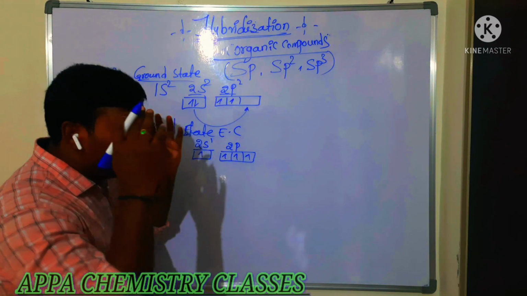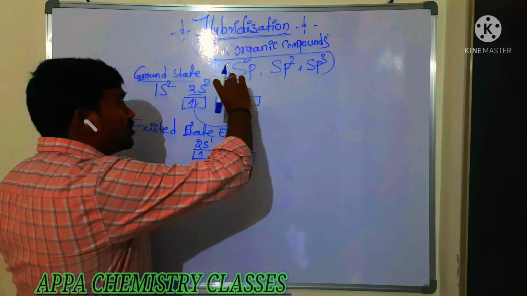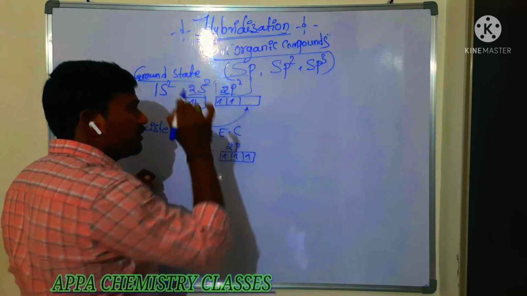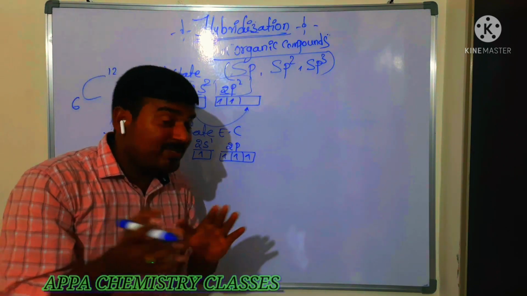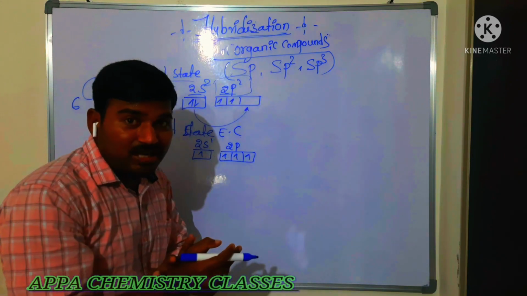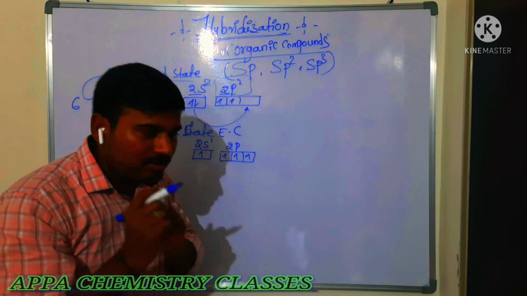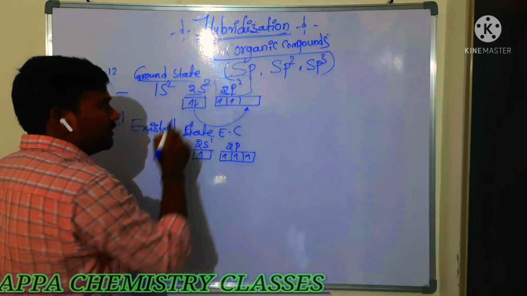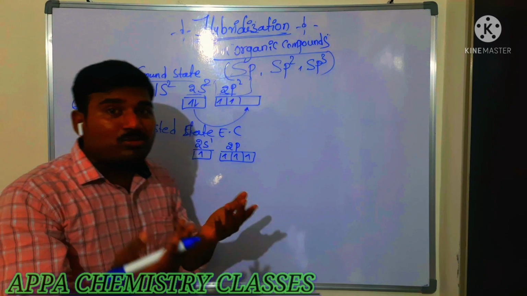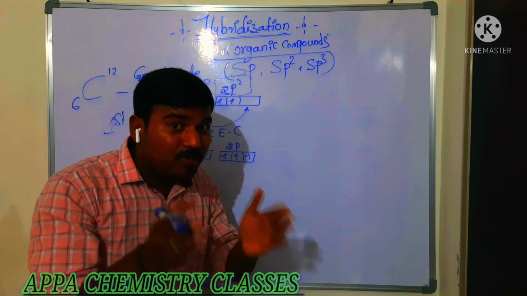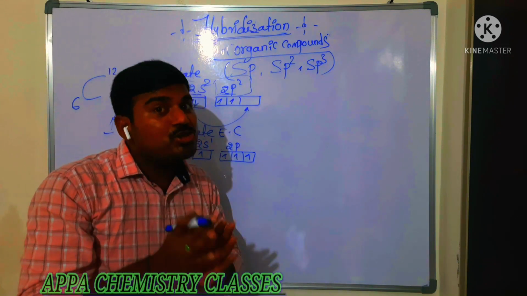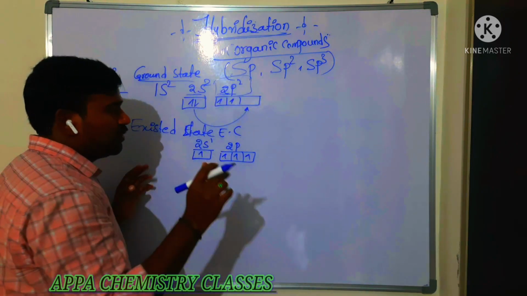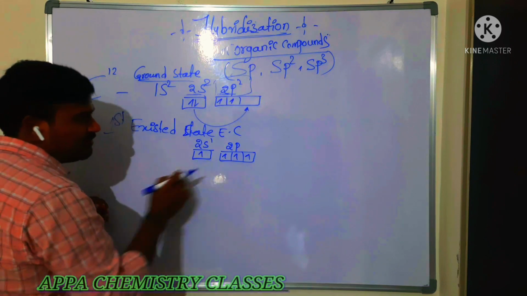Valency shell means they will think that the outermost shell is the one to consider. He should not look at which orbital is written last. We have to see the principal quantum number, which is the highest principal quantum number here, 2 in the carbon atom. So that second energy shell is what? The valence shell. The electrons in the second energy shell you have to consider as valence electrons. Now overall how many here? 2 and 2, total 4 electrons are there.